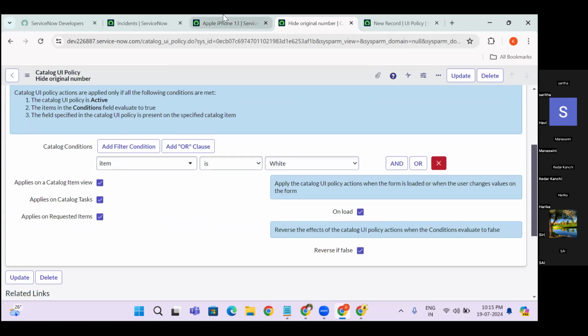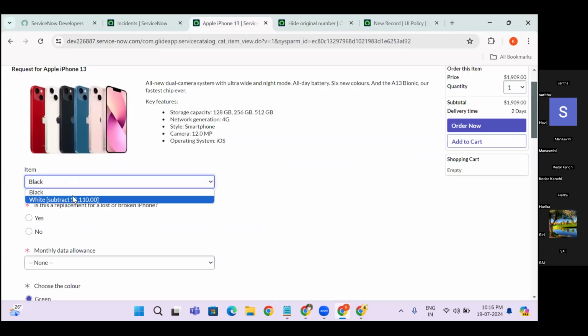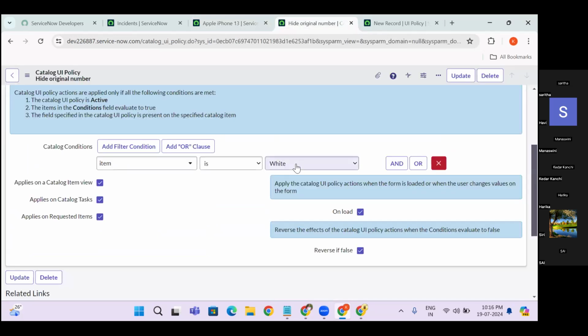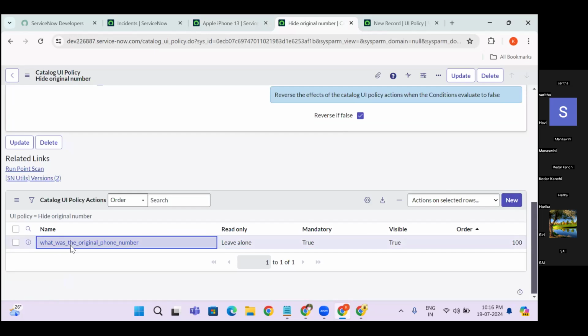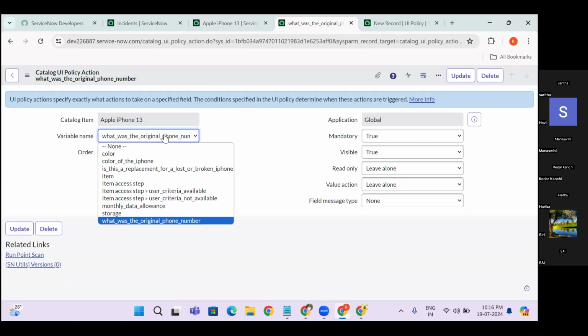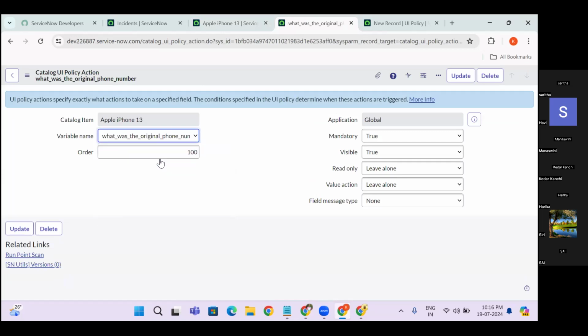What it should do, whenever the item is white, is make the color of the iPhone mandatory. So here we are editing the existing one. So the color of the iPhone should be, if you just see, mandatory should be true, and visible is